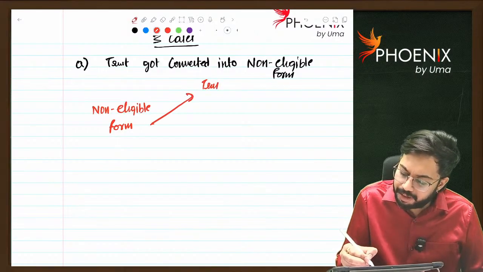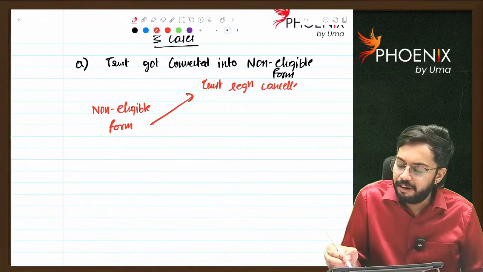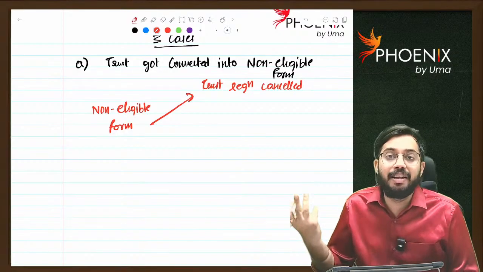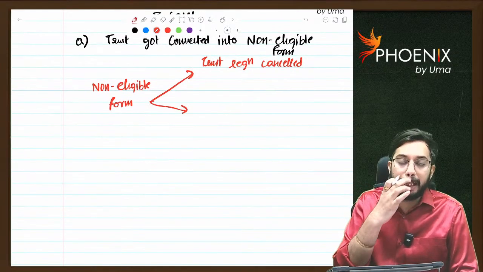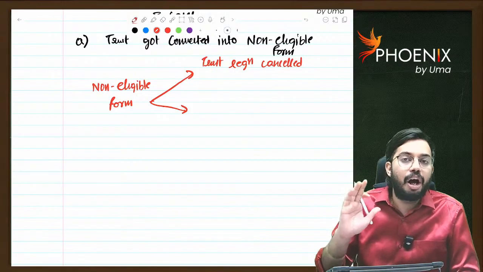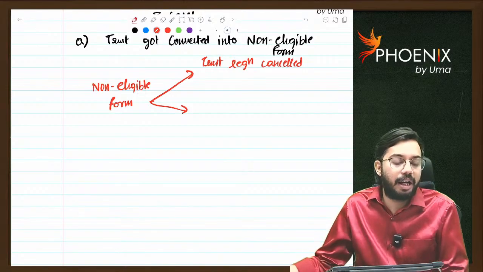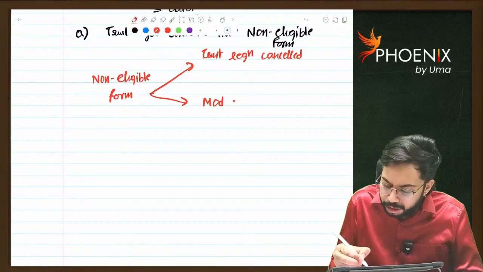trust registration was cancelled. You know, if the income tax officer finds something suspicious, then the commissioner has the right to cancel the registration. If trust registration is cancelled, in that case, whatever the accreted income is there, on such accreted income, you are required to pay tax at the rate of 34.944%.